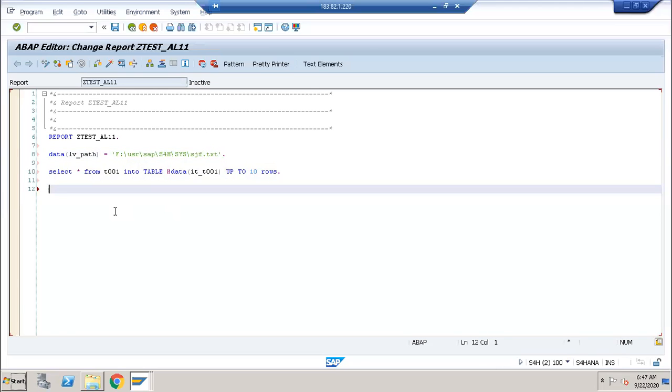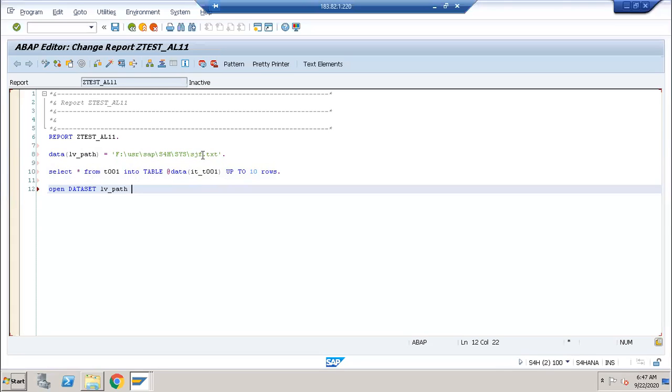If you want to pass the data into this sjf_text file, then we have to do it like this. Open dataset. The dataset name here, I am taking lv_path. Dataset name means the file path. lv_path means I am indirectly taking F:\usr\sap\ and so on.